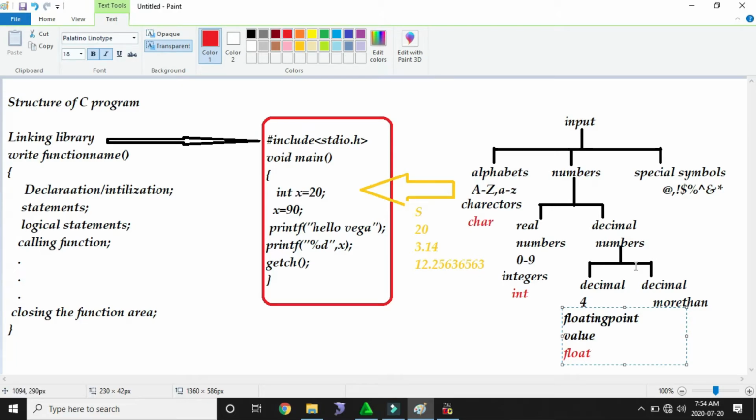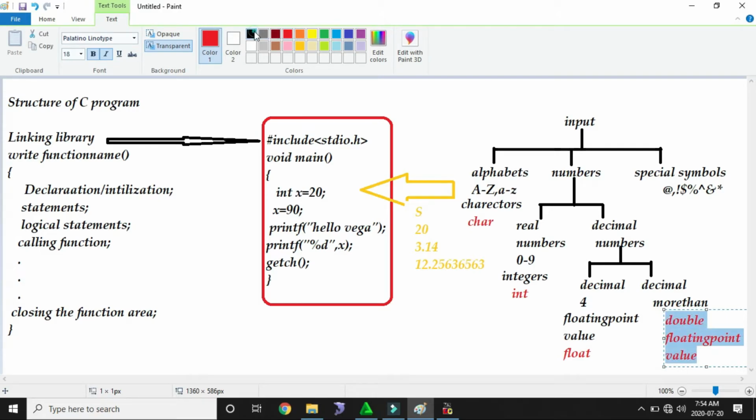Next, another one is the double floating point value.